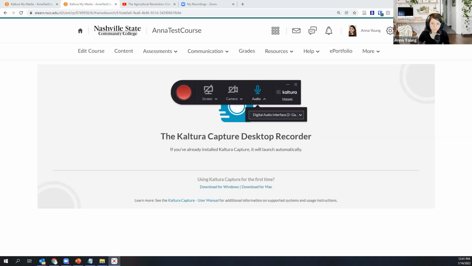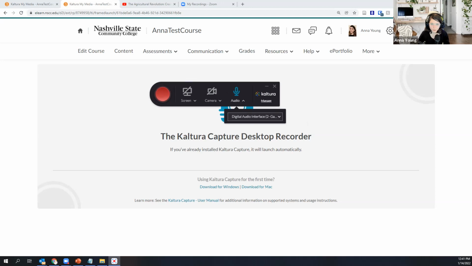Once you're ready to start recording, once you've decided what you want to appear in your recording, you just hit this big red button. It says start recording. I'm not going to start recording just now, because I'm not sure that it's going to show up correctly on your screen. But if you go to Manage,